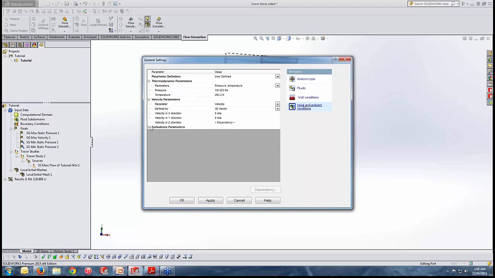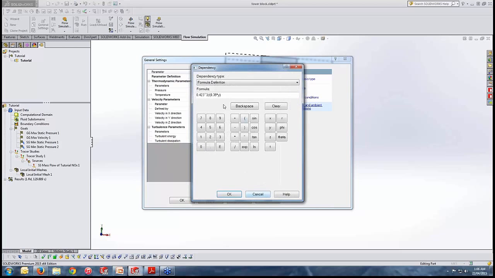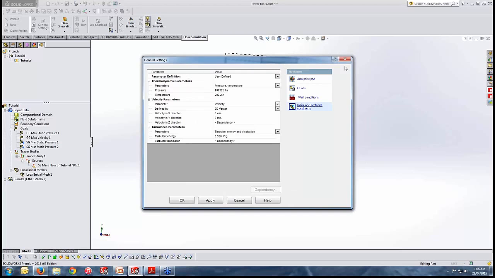Also, that is true for turbulence dissipation. It is dependent on a y value or the height. So even in your initial condition, you can define a formula. Okay,